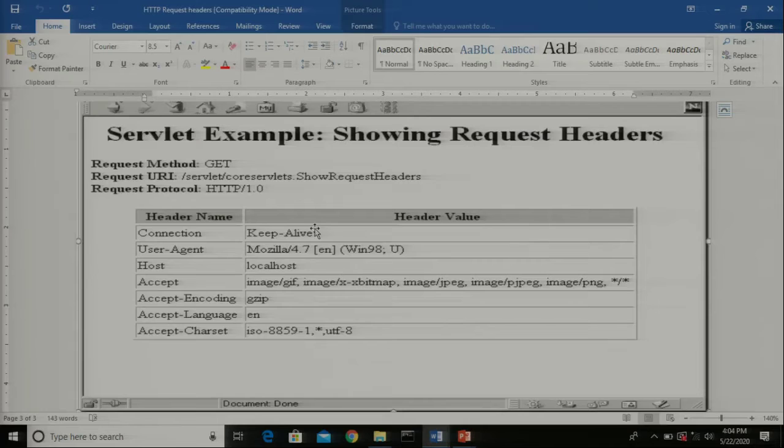Accept encoding, the compression is zip. Language, English it has given. Character set supported by that browser, ISO 8859 or UTF-8 or something, is mentioned here. So this is how the output of that particular program looks.